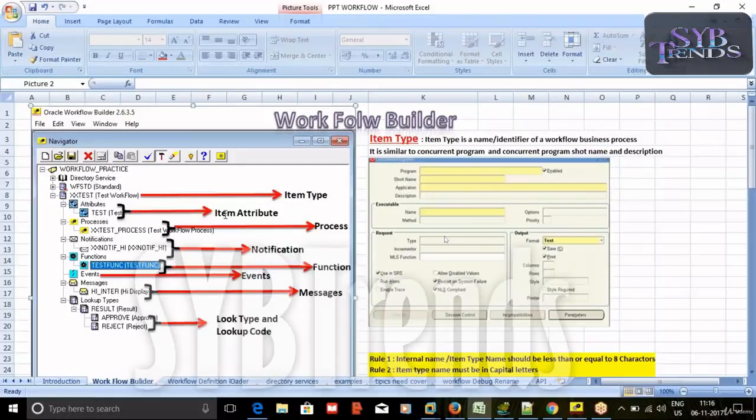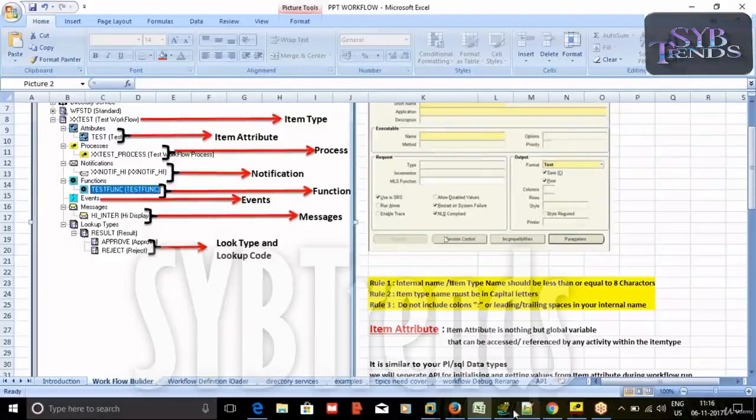But most of the times we use item attributes in different cases. We will discuss this in detail. Before that, we'll discuss the introduction to the item attribute and the purpose of the item attribute. In your PL/SQL programming,